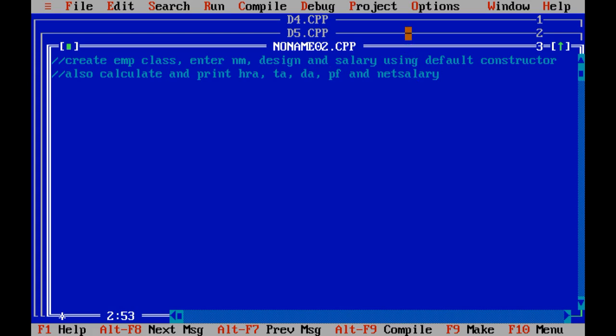So let us develop the program as per the given instruction: include iostream.h, include conio.h. First of all let us create the class, then we will write the structure of void main. class EMP.